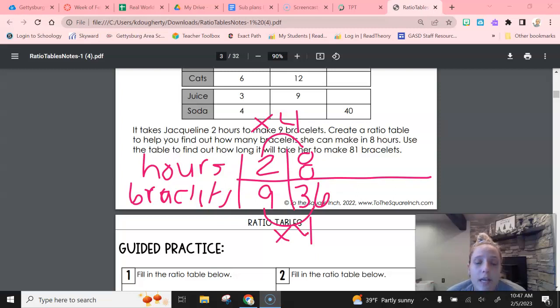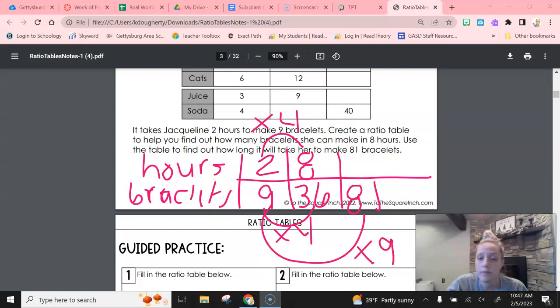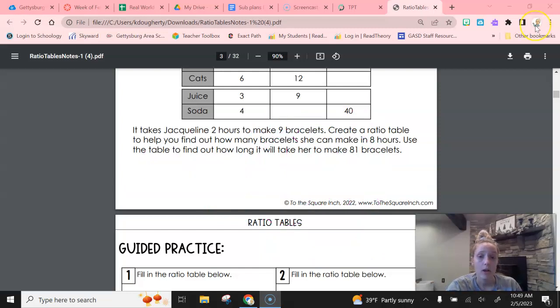Then it says, use the table to find out how long to make 81 bracelets. Now I'm talking about 81 bracelets. So the 81 goes on the bottom because we're talking about bracelets. And we're going from 9 to 81. Use your chart. 9 times 9 gives you 81. So let's do 2 times 9. What's 2 times 9? 2 groups of 9. 18. Okay, so you can use these different ratios in order to figure out how long it will take people